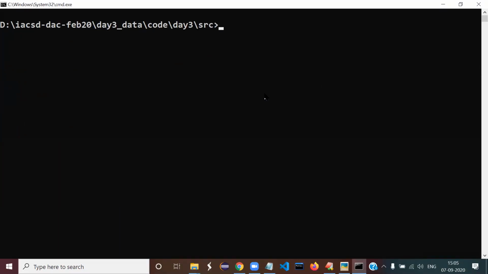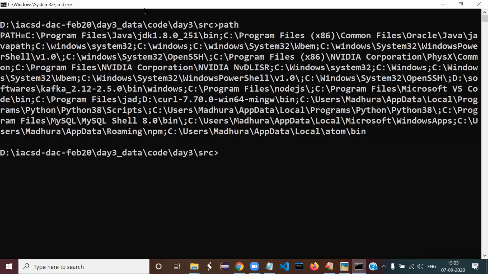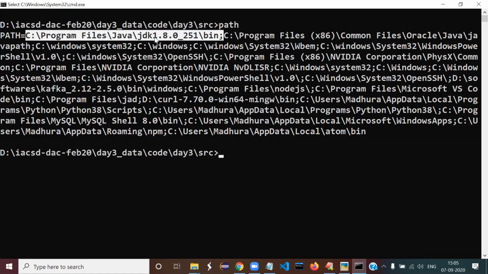Simply type path and confirm that the first entry, I had shown this on the very first day, the first entry in the path should be pointing to JDK 1.8. I don't know which version you are using, whichever update version, JDK bin. It should not be pointing to JRE bin. So just confirm this and then correct.